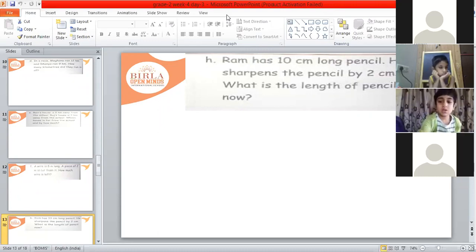Your first question is, listen carefully, children, and try to answer it on your own. Weight of a girl. Which unit will we use to measure the weight of a girl? Gram or kg? Yes, Riyansika? Grams. No, wrong. Kilograms or grams, now your turn is over. Yes, Aslan? Kilograms. Very good. That's kilogram.